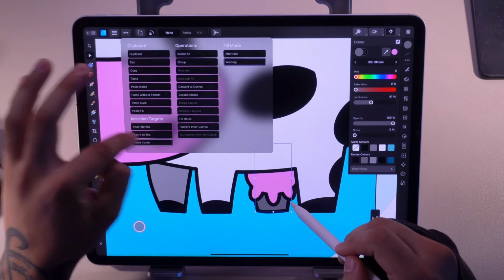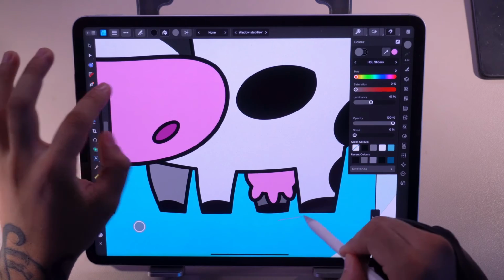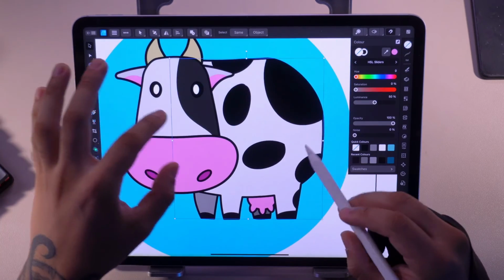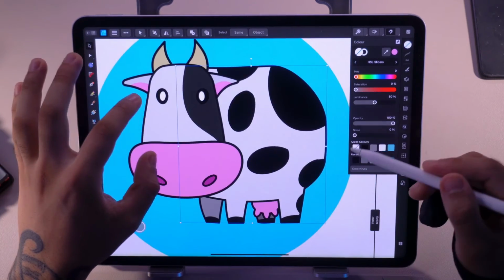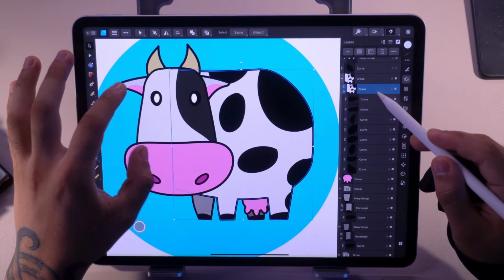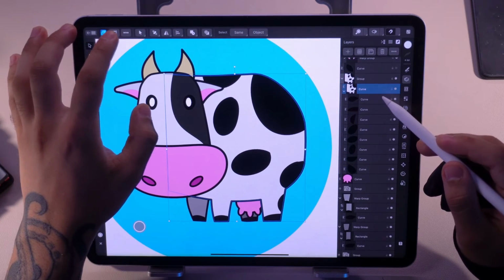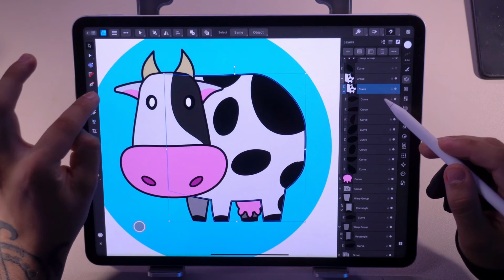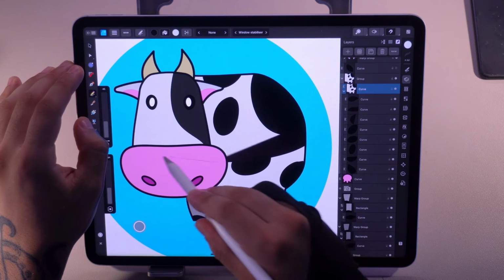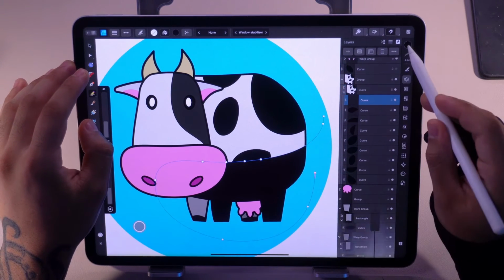Now insert inside again and then go here, and then I can add some kind of shadows here, as you see right now. By inserting inside, you can add this